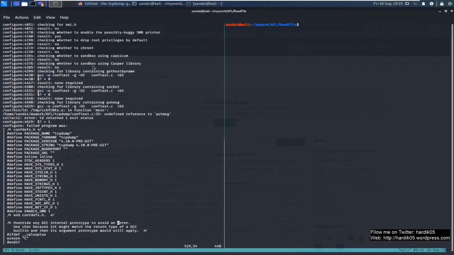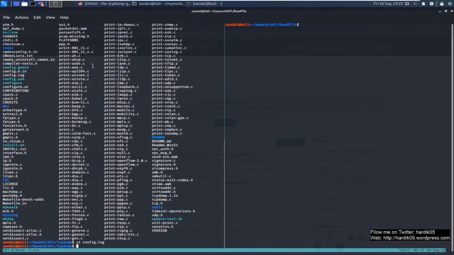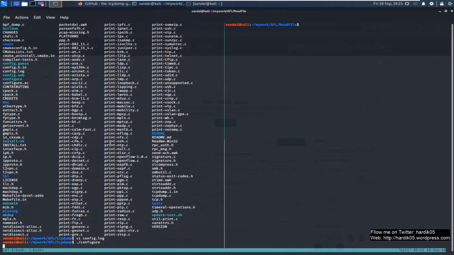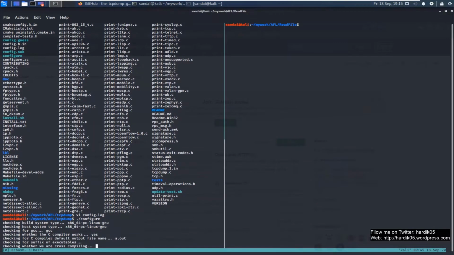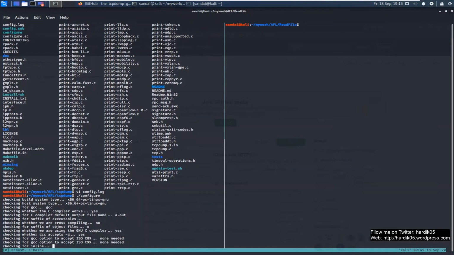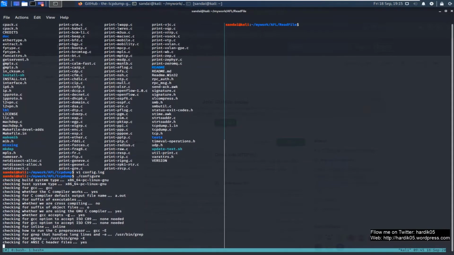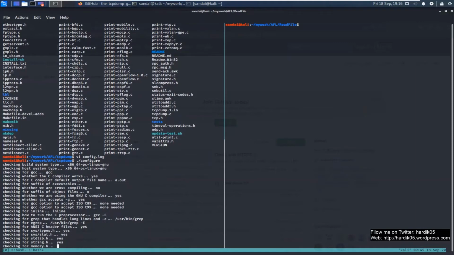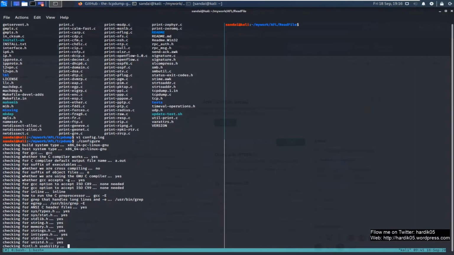So let's go ahead and try to install the dependencies. And in our case, what it was saying is that local libpcap was not found. I will show you once more so that we can get the exact error message. And let's see.